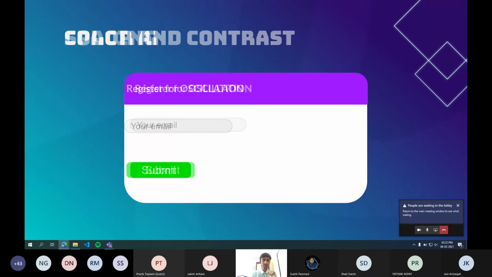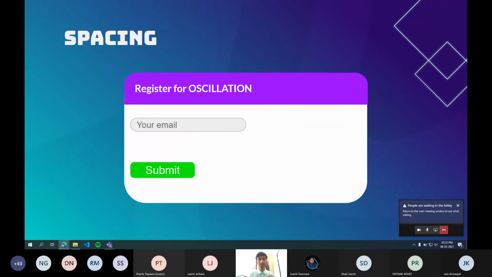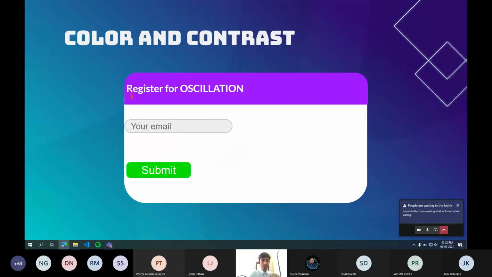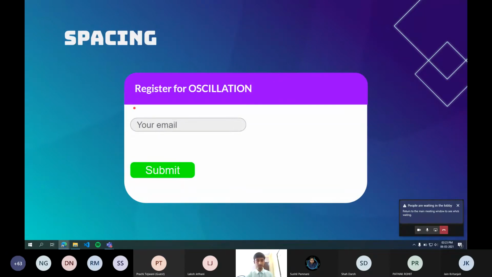Another thing that we talked about previously was spacing. Now you can see that the color and contrast has been fixed, but there is one more thing missing. All the contents in this form are aligned to the extreme left, right? There is no equal or equidistant spacing from the left margin. We usually call this padding. So what we could do is use some white space to make it look better. As you can see, these elements are now padded towards the right, and there is padding on the left. That is basically some white space on the left.